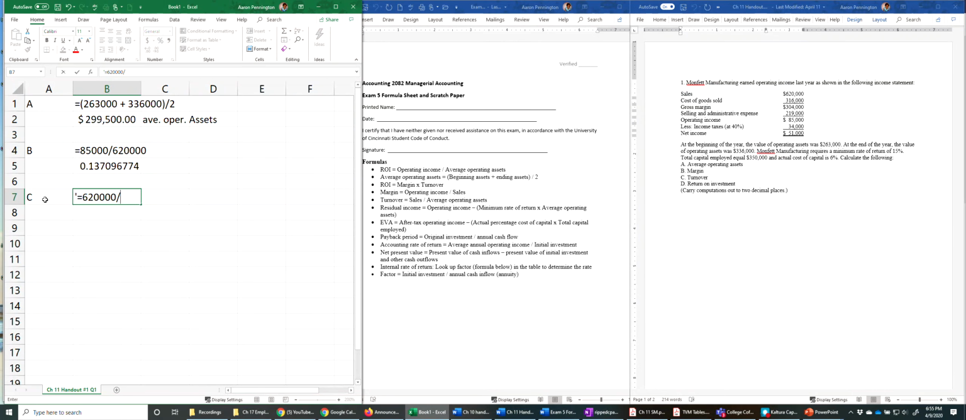So we've got sales over average operating assets we previously computed. All right. So the 620 divided by the 299.5, which we will compute. All right, we get turnover of